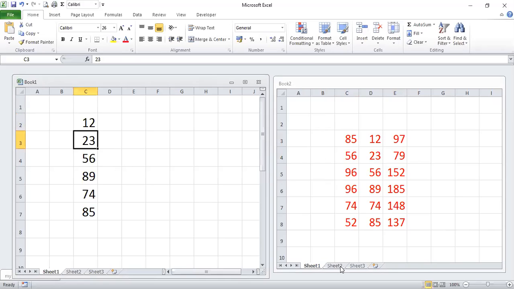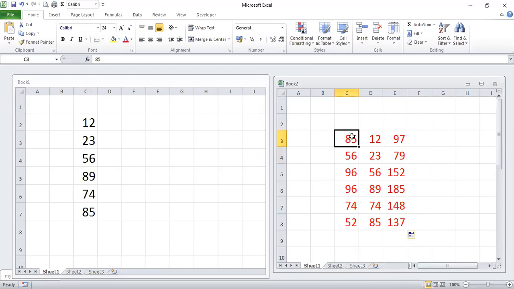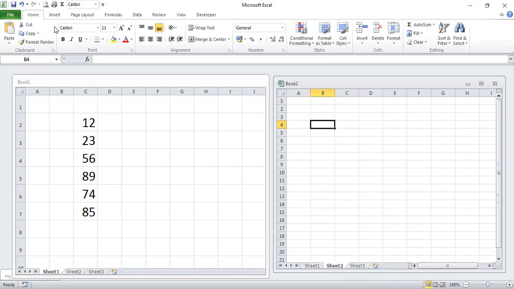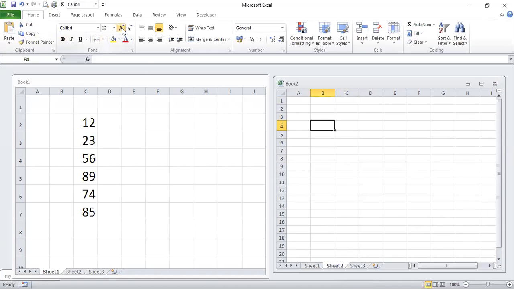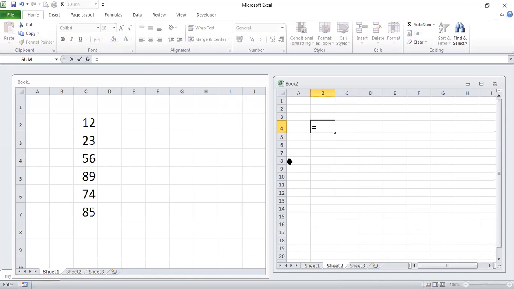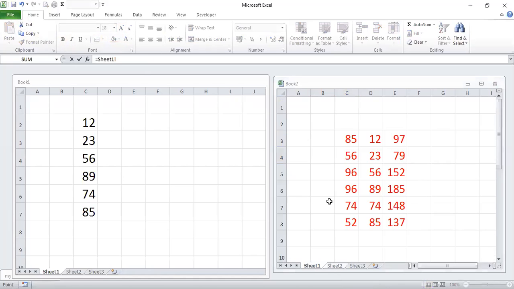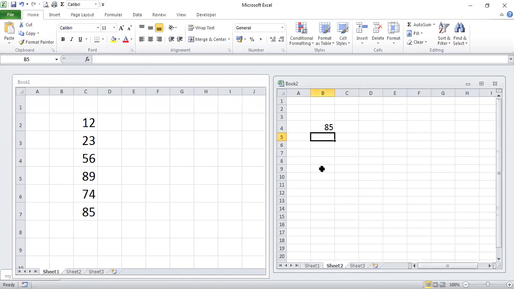Like let's say there's a value in sheet 2, or I want to use the same value, these values in sheet 2, let's say, right? So let me open sheet 2, right? So what you need to do is write the formula. I want to use first value of sheet 1 in this cell. So I'll just click here, press enter, we'll get the same value here, right?